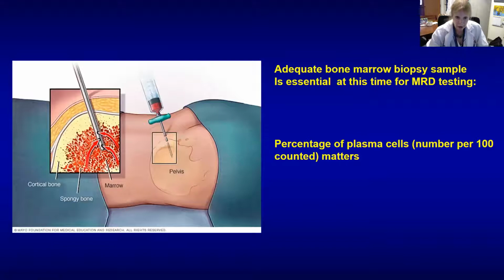So right now, and people ask this, all of the MRD testing that is being done is really being done with bone marrow. And we're going to talk a little bit at the end about what's out there using whole blood right now. But suffice it to say, if you walk into your provider's office and say, I want an MRD test, that means we have to do a bone marrow biopsy. And not only do we want to do a bone marrow biopsy if we're going to do an MRD test, you have to have a good one,